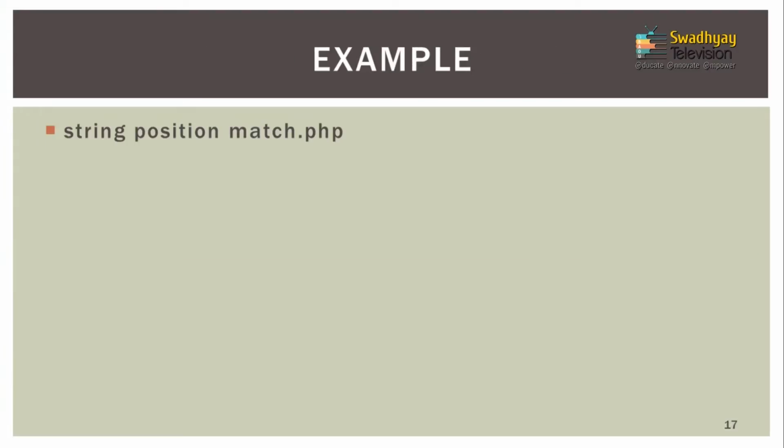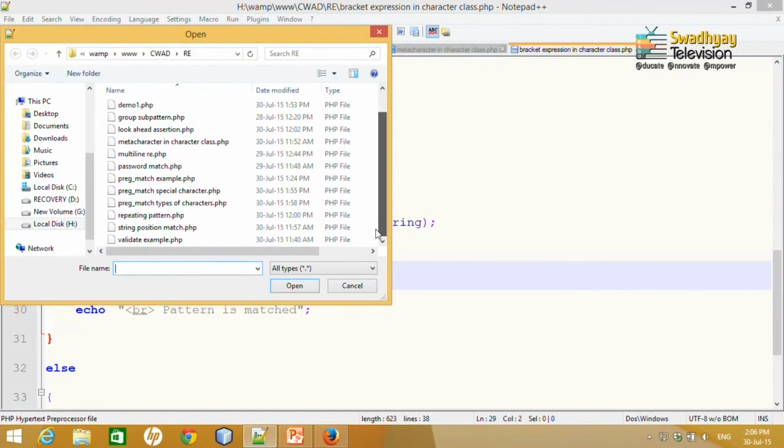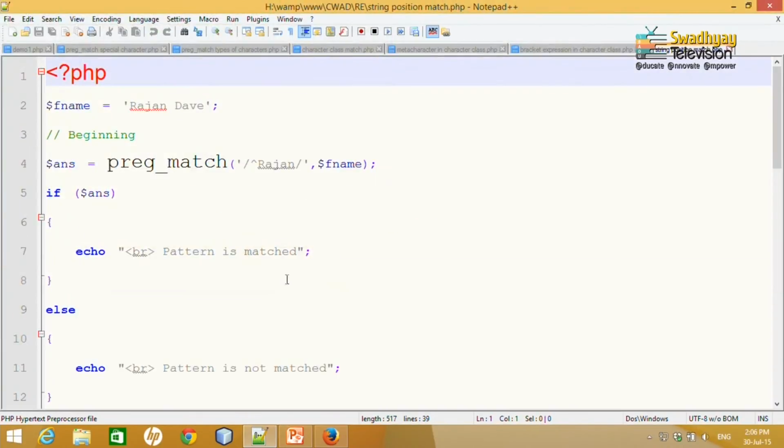Let us take example of this one also by using string position match dot php. So, let me open that file. So, let us say for example, here I write one variable Rajan Dave and I would like to match at the beginning of string. So, I write caret symbol.